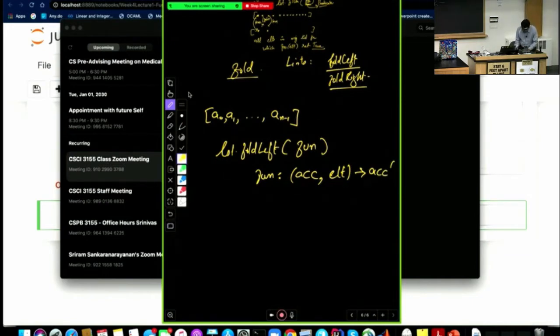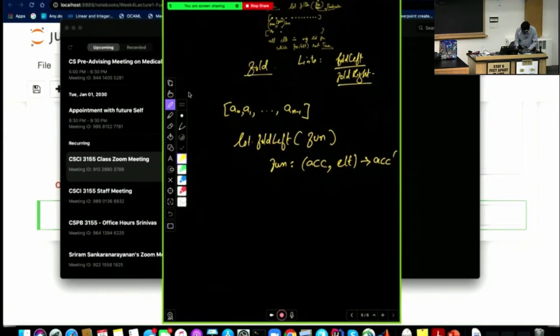Okay, and the idea here is this. So fold left should basically start with an initial value of accumulator. Let's call this accumulator 0. So you have to give that as an argument as well. So I'm now adding more stuff to my fold. Okay, sorry about that. So it should really be this: list.foldLeft, my initial value of accumulator